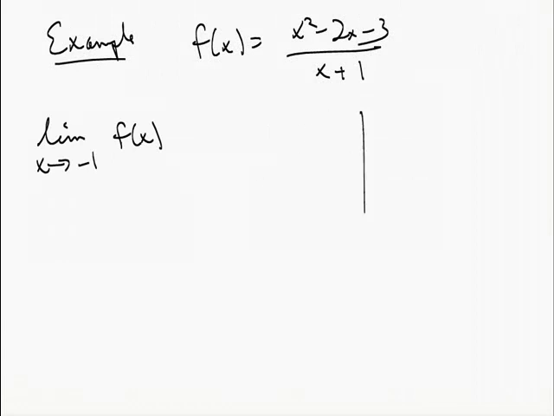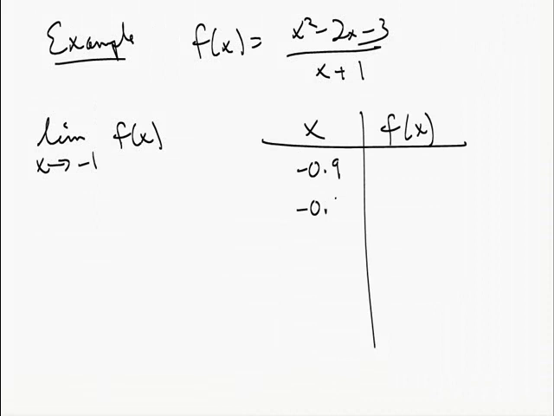So if we look at a few values here, we can just make a table, x and f of x. That'll allow us to help find the limit. So let's just try some values close to negative 1, such as negative 0.9, negative 0.99. Let's come at it from the other side as well, negative 1.1, negative 1.01. So these are values close to negative 1 that are a little bit to the right of it on the number line. These second values are close to negative 1, which are a little bit to the left of it